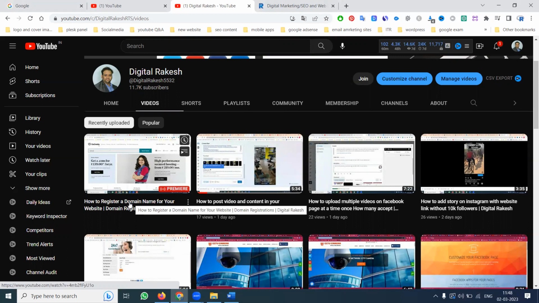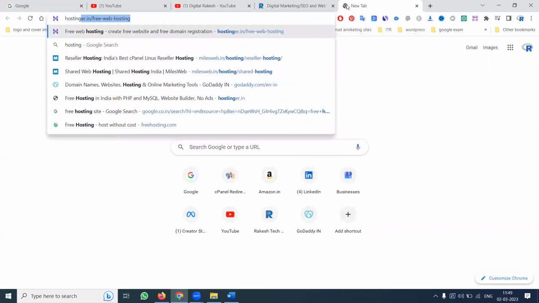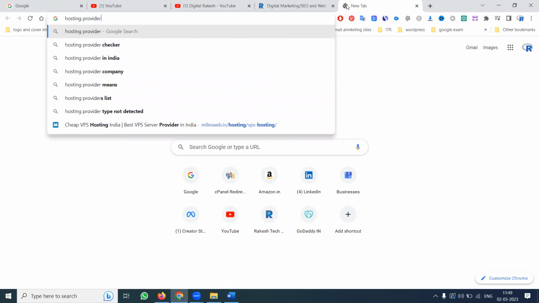Sir, I am starting one company. If you start any company, you have to create one website. For that, we have to create one storage space. The storage space provided by a particular provider is called hosting. There are a number of hostings. We can search for hosting providers